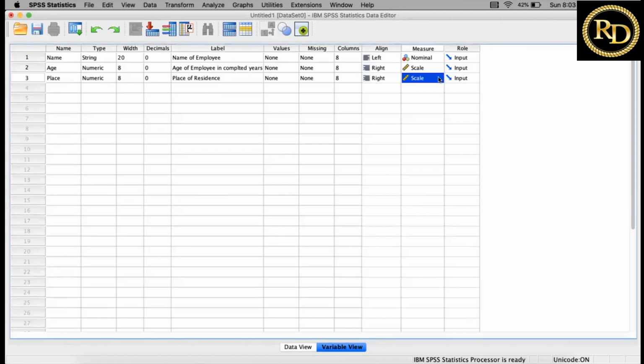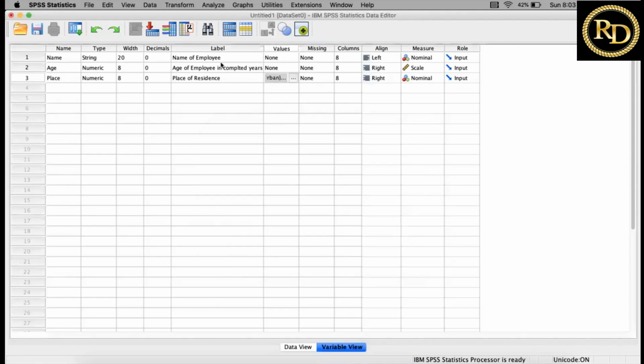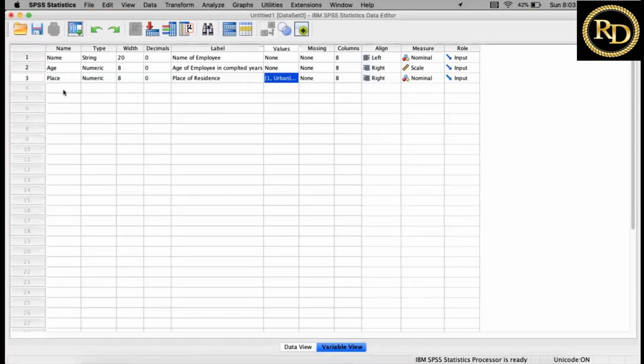So here I will put nominal, and then in the values, if I click on the values, I will give value 1 to urban and 2 to rural. So this is a categorical variable. Similarly, another variable is height. Again I will keep another variable, height. Height is again a numeric variable.